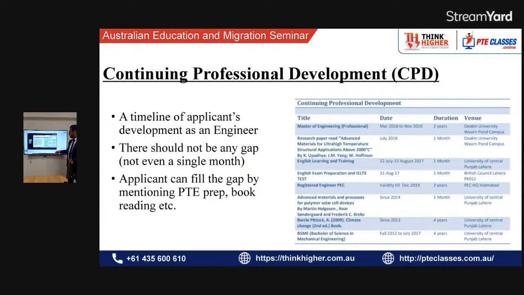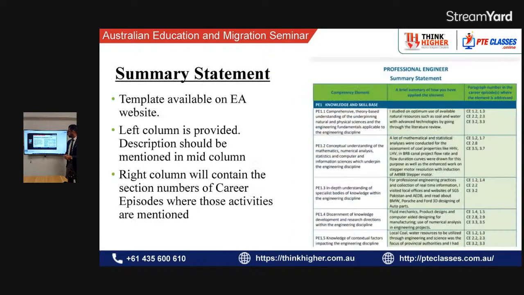Now this is the sample. So CPD needs to be like this. Since you started university, or even back in year 12 when you did a pre-engineering, you have to put all things together in chronological, ascending or descending order, depending on how you want to do it. There's no rule that you have to put the latest one first. You can do the oldest one first and go in ascending order as well. Let's do the next one, please.